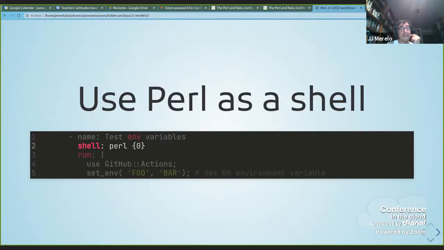Again, yes, you can. So you just say shell: perl {0} between curly braces. What it's going to do is create a temporary file with whatever you put there, and run it as a Perl script. So you can put your Perl script right there. You don't need to do a difficult one-liner or whatever. Syntactically it's a bit nicer. And then